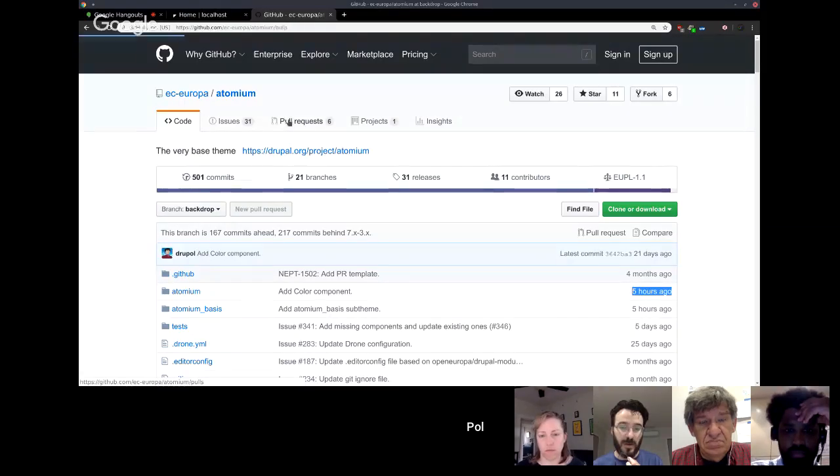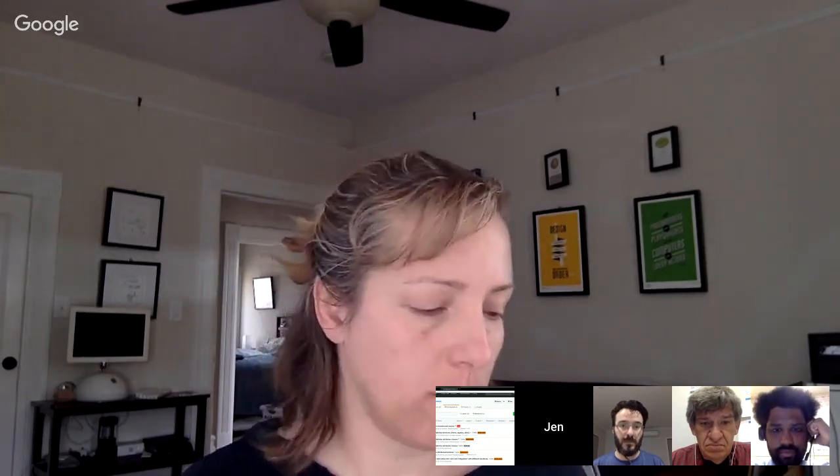What we can do is basically, it might require some manual work on Paul's side. So every time he commits a change to his repository, the normal Atomium one, he would need to add a remote for a respective Backdrop contrib repository and push there. I think there are some tools for GitHub that allow you to create one repository that is essentially a copy of another one, so that every time you push a commit or a tag,